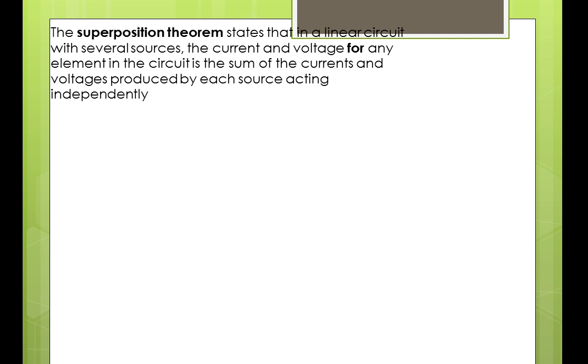So what is the superposition theorem? The superposition theorem states that in a linear circuit with several sources, the current and voltage for any element in the circuit is the sum of currents and voltages produced by each source acting